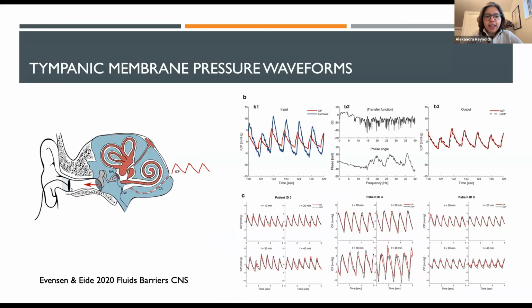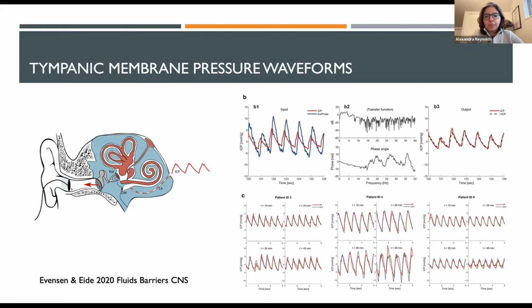And as the ICP elevates, you can see ICP waveforms, supposedly, if you can filter and augment what this is detecting. And so this is just an example of a couple of patients where there's obviously a lag between the actual ICP waveform as invasively measured, and what is measured within the ear canal. But if you reduce that lag and superimpose them, you can see there's some promising stuff. And so, again, this is a very non-invasive